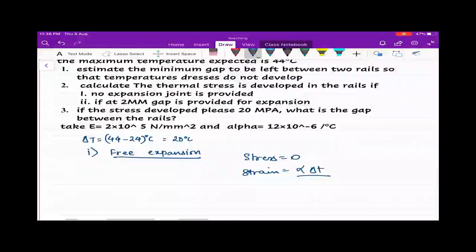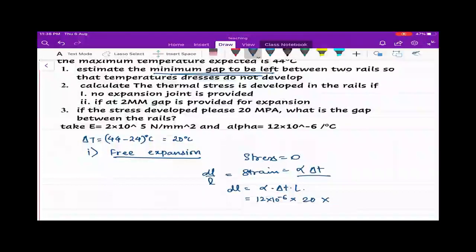Now what do we have to calculate? We just have to calculate the minimum gap to be left. Minimum gap means it will be the free amount of deformation that we are allowing. Strain is nothing but change in length upon original length. So change in length will be given by alpha into delta T into L. Now in this problem statement, alpha is given as 12 into 10 to the power minus 6. How much is the change in temperature? Change in temperature is nothing but 20 degrees centigrade, into